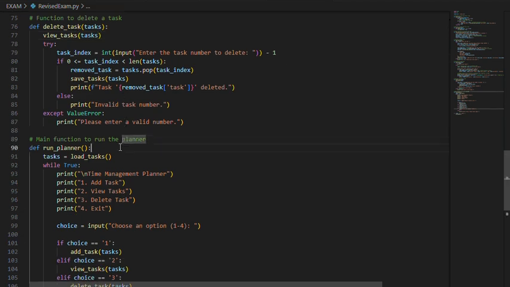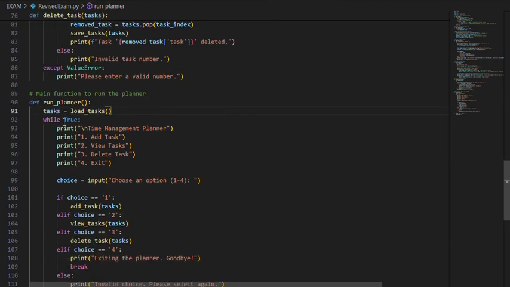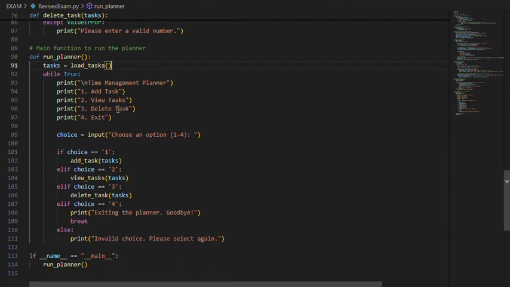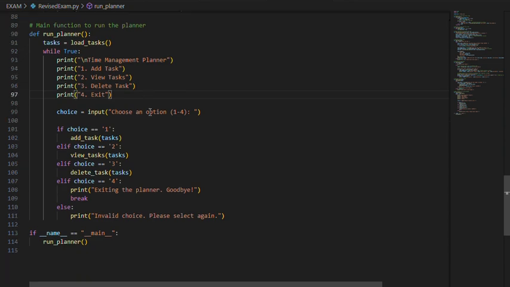The next is the main function to run the planner. This is the main menu of the tool that we made, the time management planner. Basically, this is what first shows up if we run the code. It will indicate the four functions that we made: add task, view task, delete task, and exit.